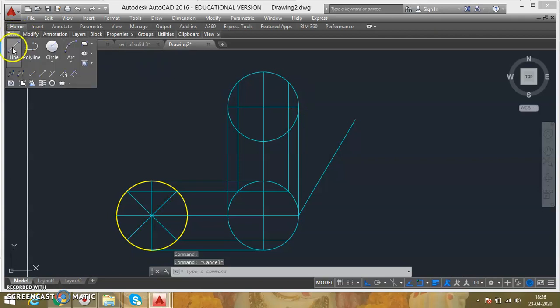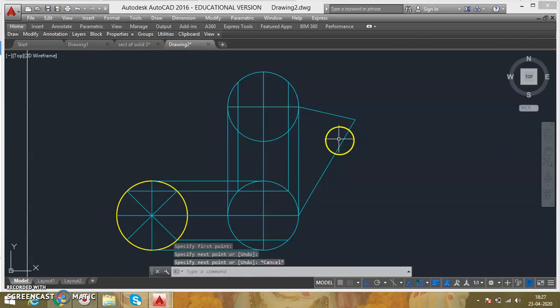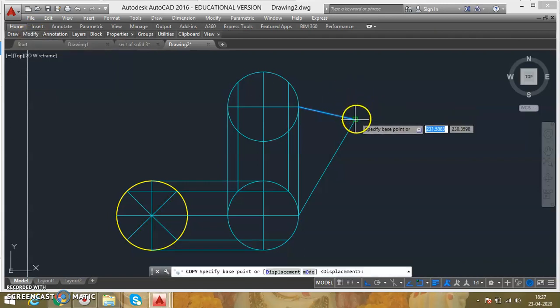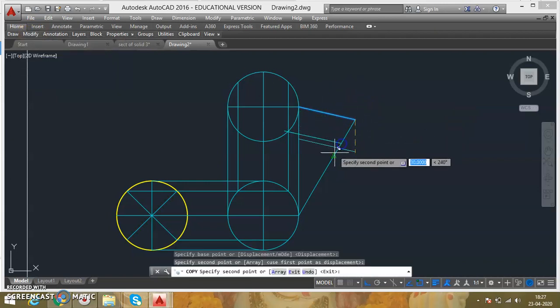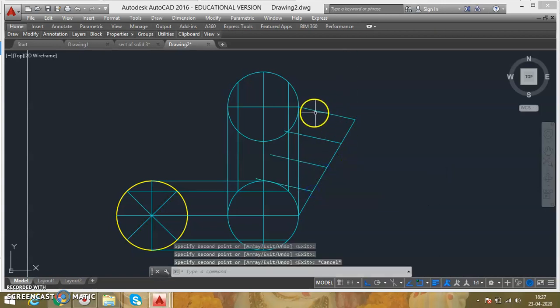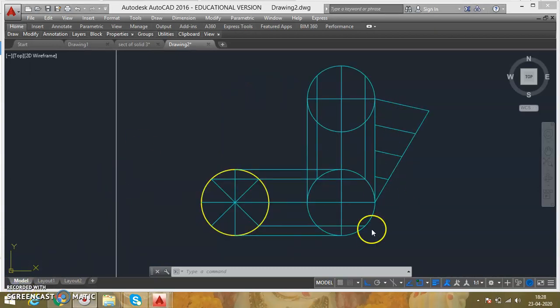Now what we do is we take a line command, and from here I'll join to this line. Once it is done, then next I'll just draw the parallel lines. So I'll take this line, say copy, from here to here to here to here. So basically we have drawn parallel lines. You can just keep your roller scale here and just move the roller scale. This point will come, you can draw it here, here, and here. So we got these divisions here. Same divisions you can get on this side also.